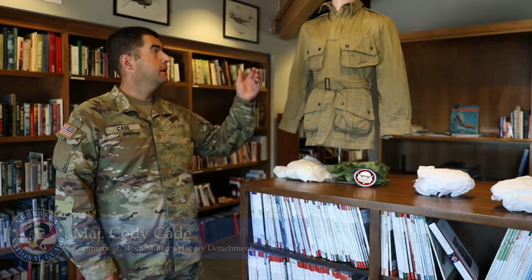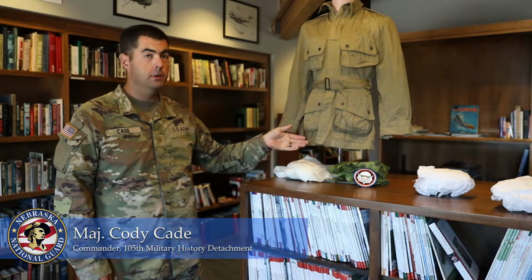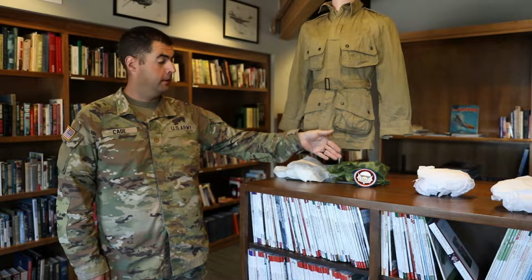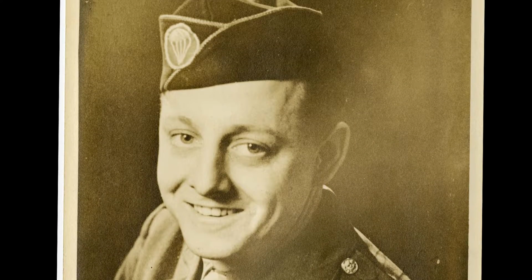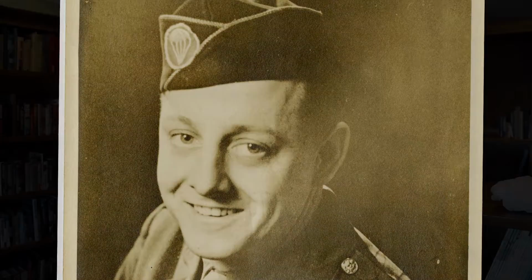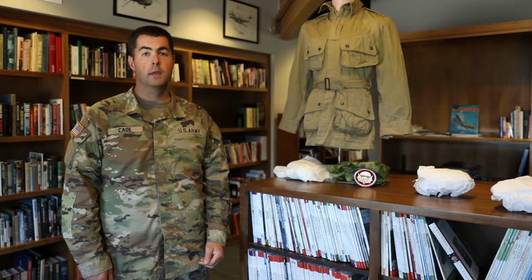So these artifacts, the model 1942 jump jacket, this piece of white parachute, and this piece of camouflage parachute and the patch belong to First Sergeant Elden F. Hermann, or Buzz as he was called. He was an enlisted soldier in Company M of 3rd Battalion, 134th Infantry Regiment in the 30s, and then in